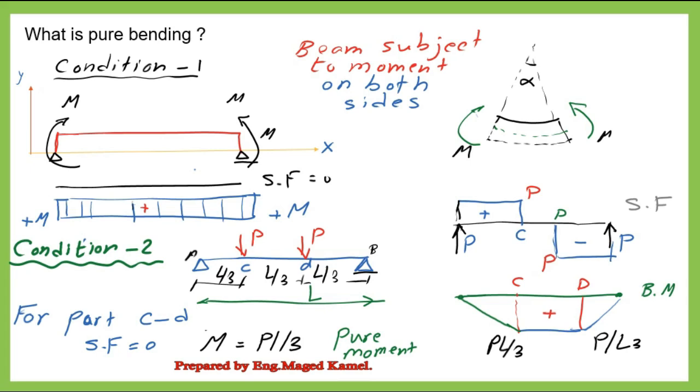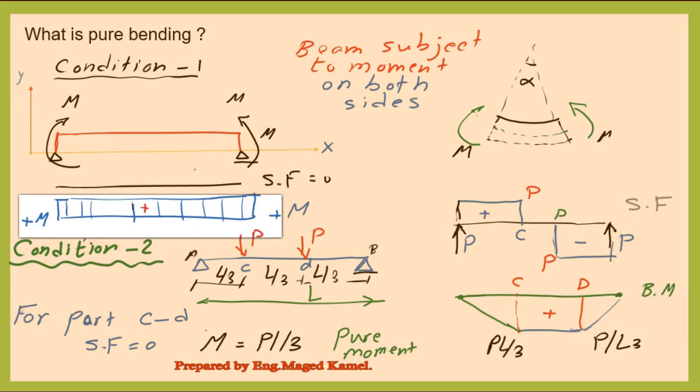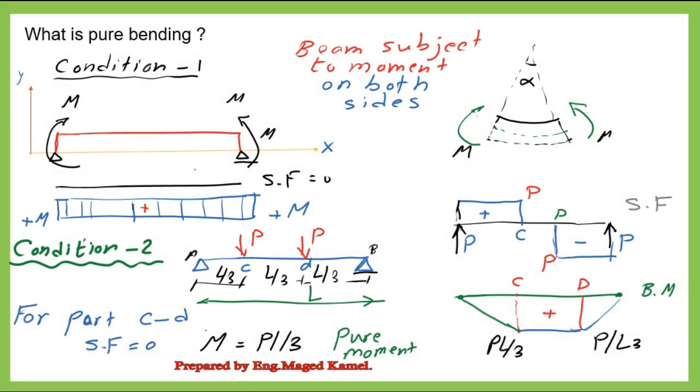While for the bending moment diagram, if we are going to draw it, this is sagging. It will be positive in value. It will go to the right support and will be closed here. So from left to right, the beam will be subjected to a bending moment of equal value, a positive bending moment.